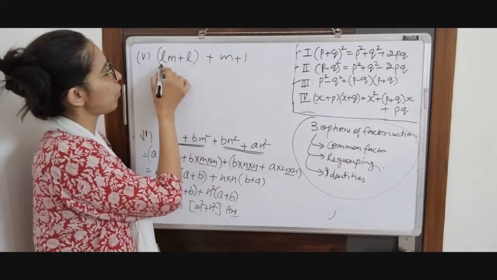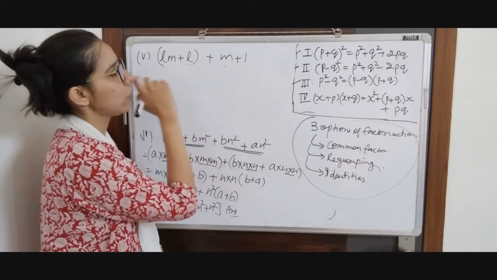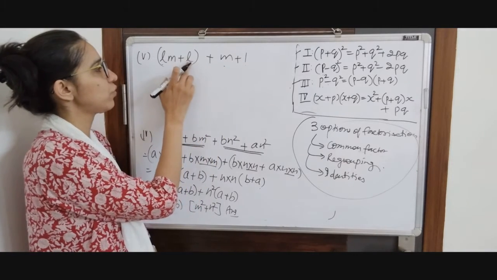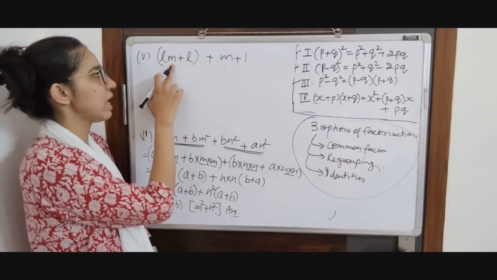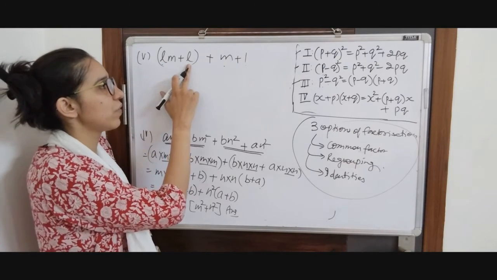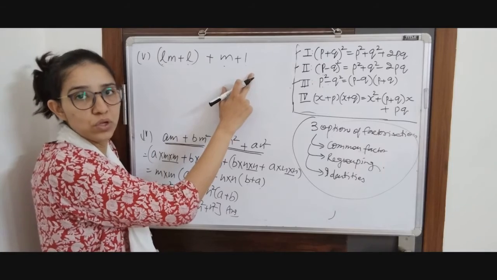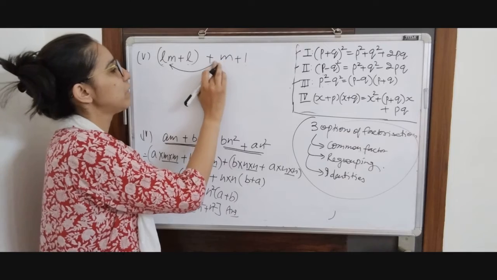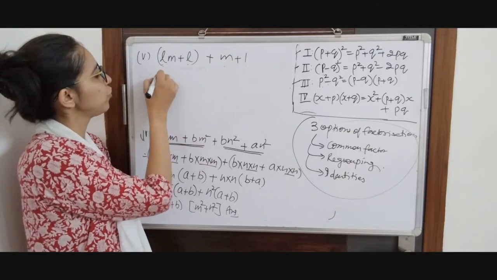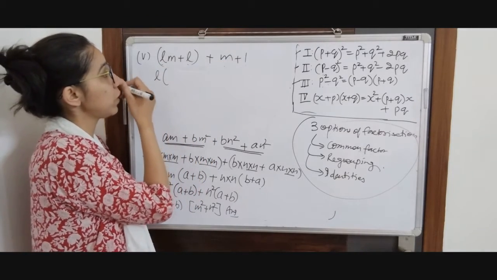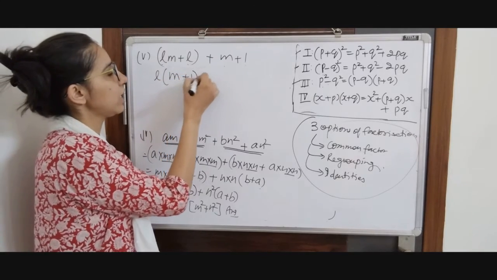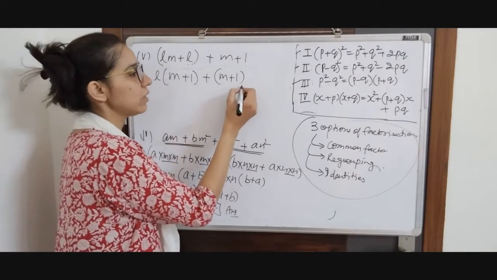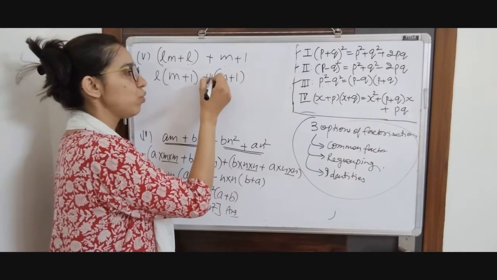So we see that l is common from these 2 terms, and there is nothing common here, and that is not required because if we take l common from these 2 terms, inside the bracket we are left with m plus 1, and m plus 1 is common factor here also. So no need of regrouping, and if you want you can regroup these 2, okay. But that is not needed. So we are going to take l common from these 2 terms, which is going to be l(m plus 1), and here I am going to put these 2 terms together. M plus 1 means m plus 1 into 1, okay.